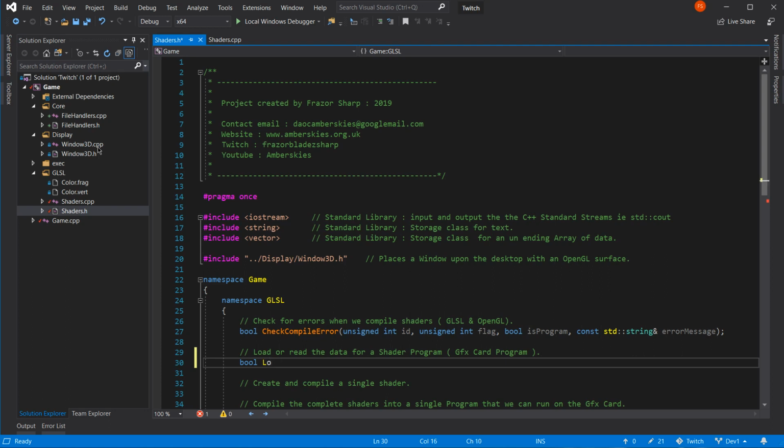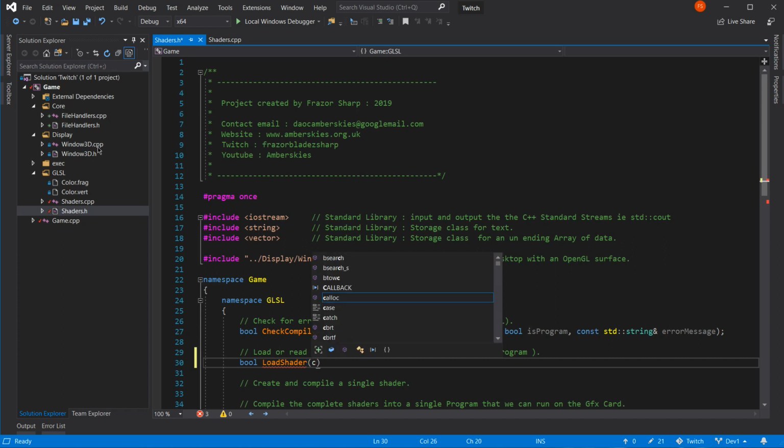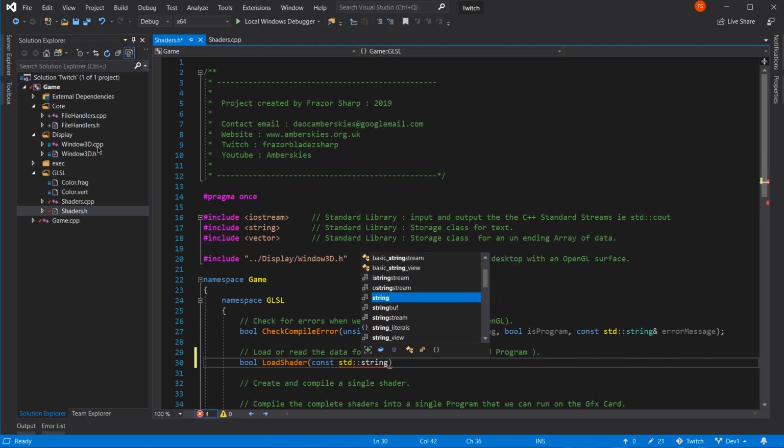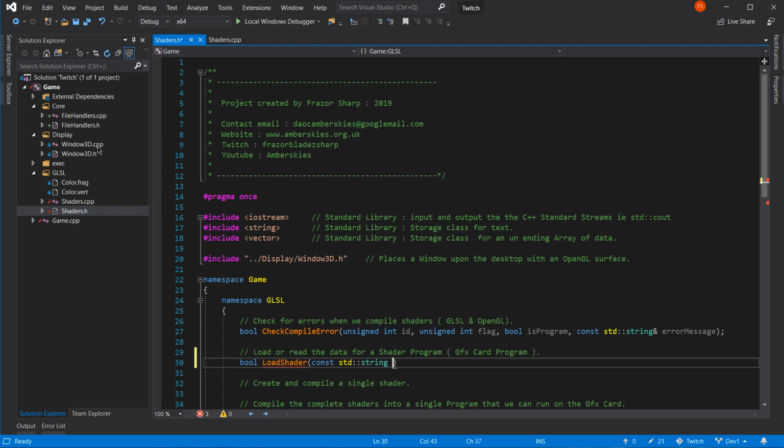It's going to be load shader. It's going to require a const standard string and file path. Obviously. Are we going to give the full file path or just a file name? File name.